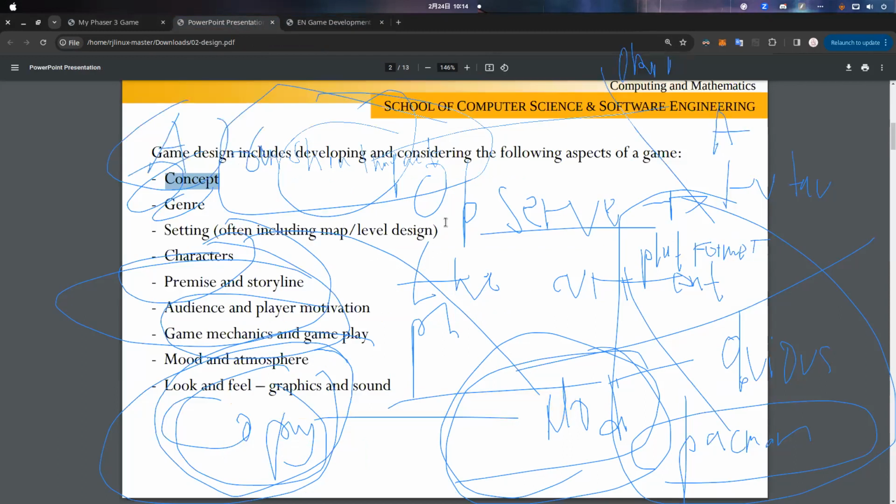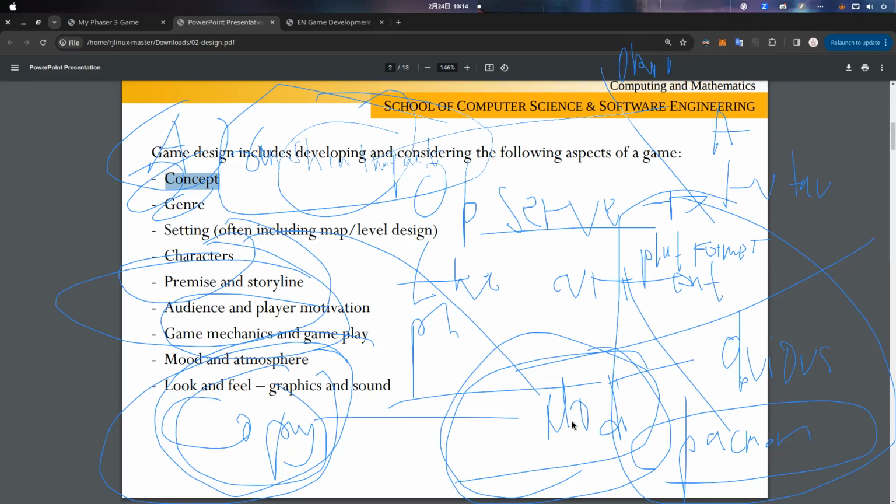So today we just try to explore what kind of game you want to make. If you are confused, you can observe existing games, copy their concept, genre, and story, and then modify it into your own version.